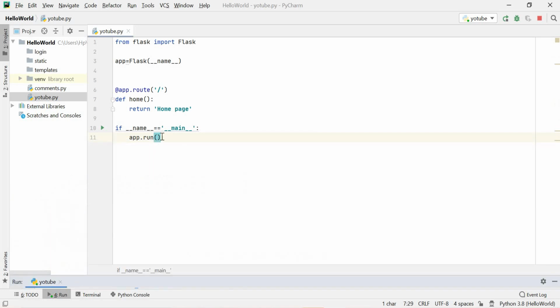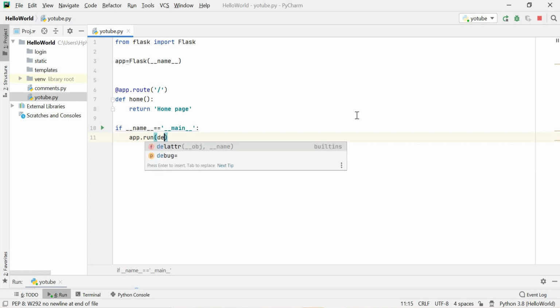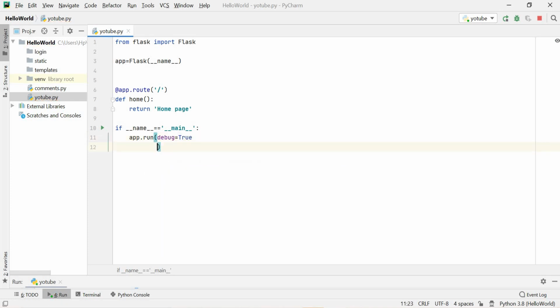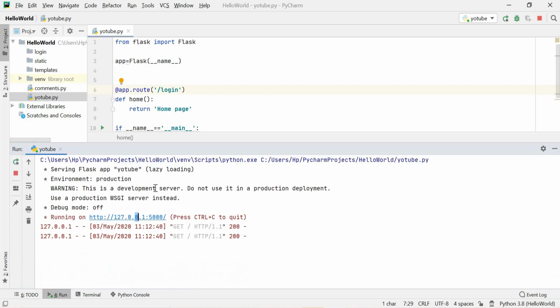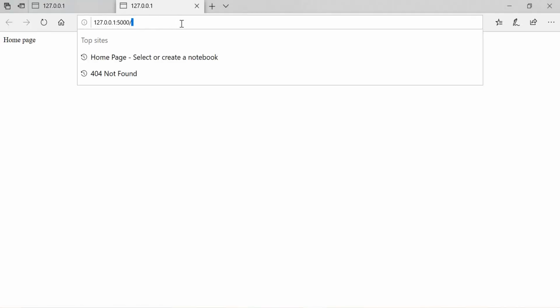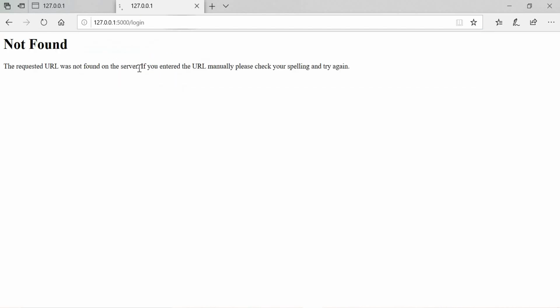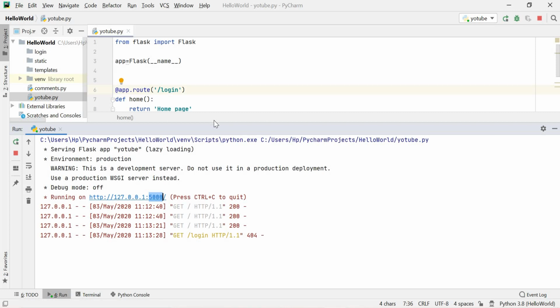Okay, now one more thing in this app.run, inside this I want to put debug equals True. What is this debug equals True? I will explain to you guys. See, without this one, I will put login over here. I will save this file, Ctrl S. If I go directly to this URL, I am getting this home page without the login function. If I put login over here, I am getting not found, because I never have